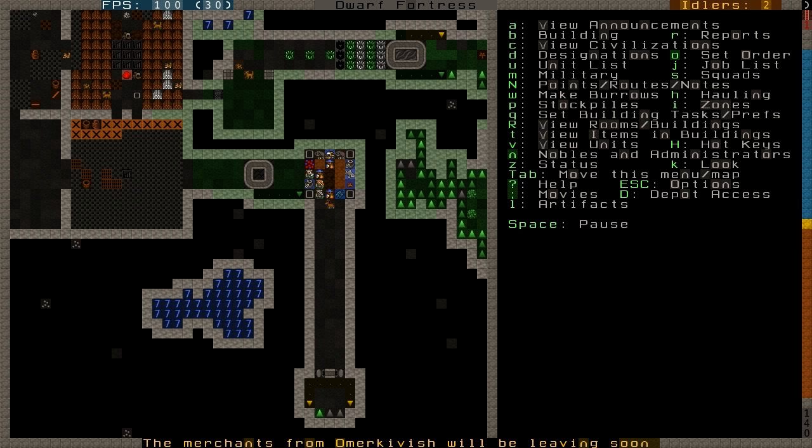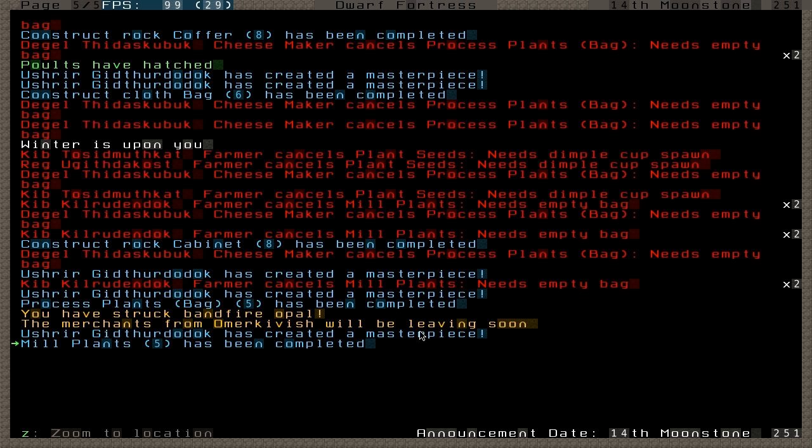And again, a little note here. The merchants from Omerkivis, or whatever your civilization is, will be leaving soon. This is kind of a final warning that if you want to do any trading, do it now, and eventually you'll get a message that they have started packing and are ready to leave. And because I have this locked down place, when I get the message that they are leaving, which will be soon after this,